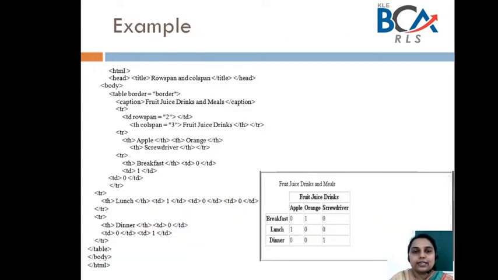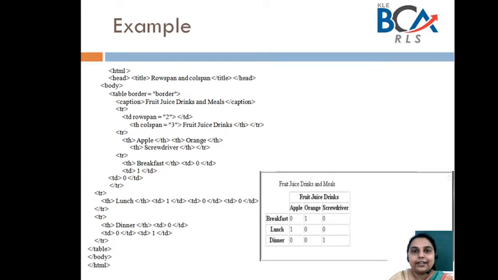The next slide depicts an example of using row span and column span attributes. Don't look at the program part. You may feel that it is very difficult. Don't look at that part. Just look at the output. What we need to do is, we have to look at the output and accordingly we have to write the program. If you directly look at the program, then you will feel that it is such a big program and how do I remember and all those things. No worries, it's simple and easy provided your table concepts are clear.